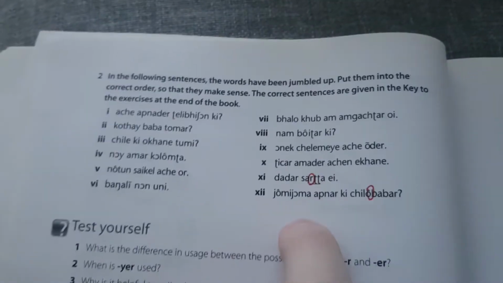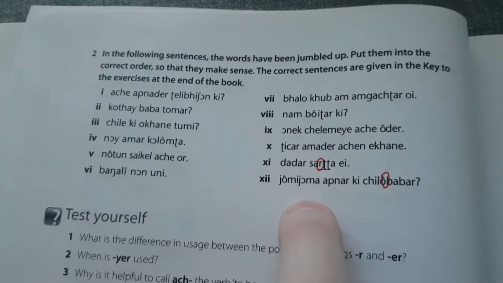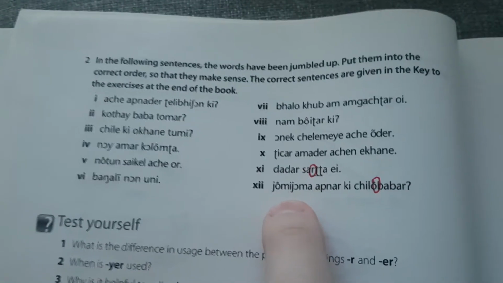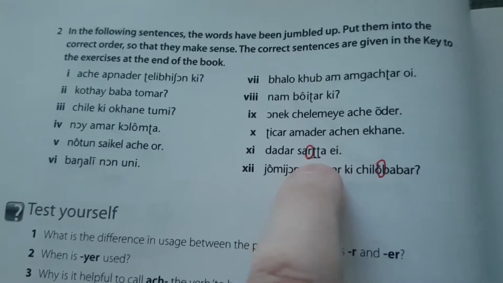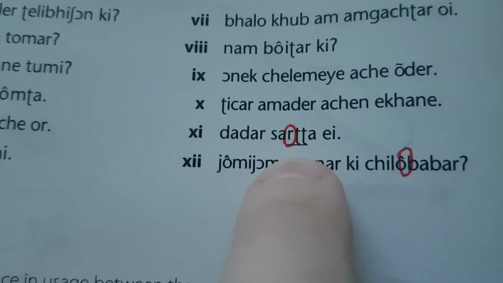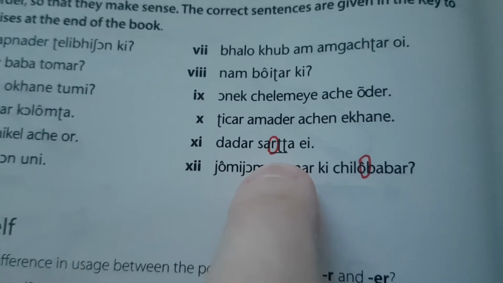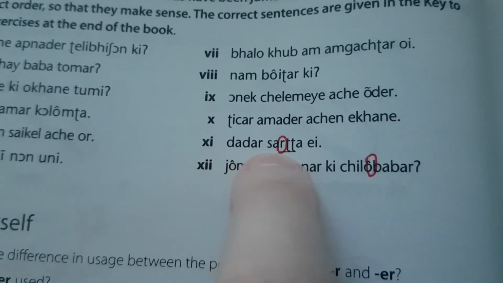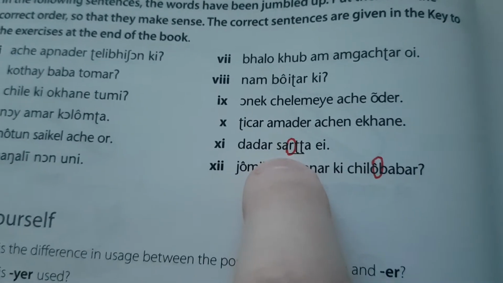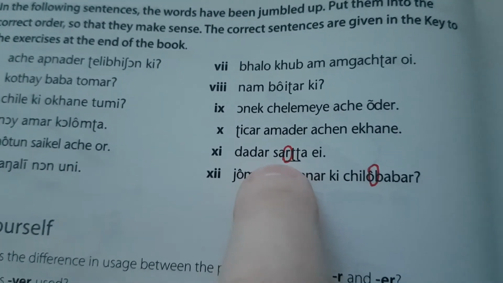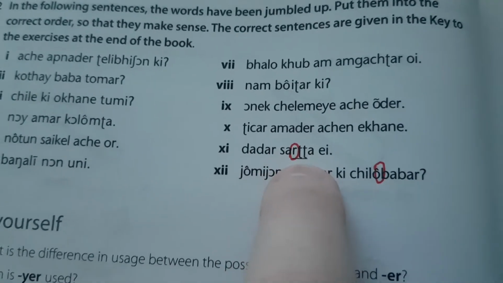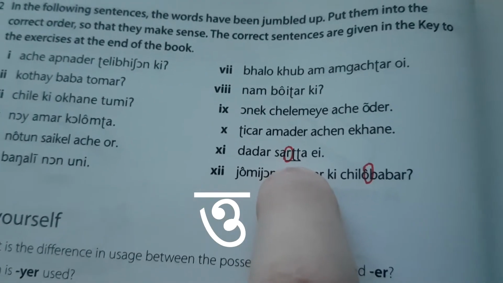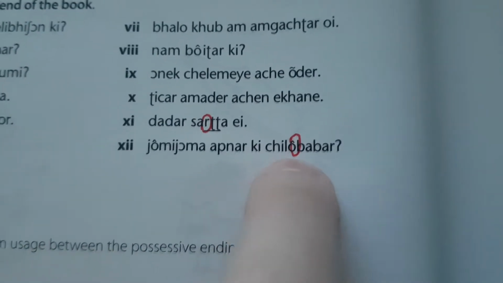Also, something that's really annoying about this book is that there's a lot of mistakes in these exercises. For example, sharta, that word doesn't exist. There isn't an R in it. And then if you go to the key at the back of the book that tells you how to write this 11th answer, it writes it incorrectly. It writes S-A-T-T-A, whereas it should be the S-A and then the double hard T symbol. Yeah, it's wrong. And then in this, there should be a space in between these.